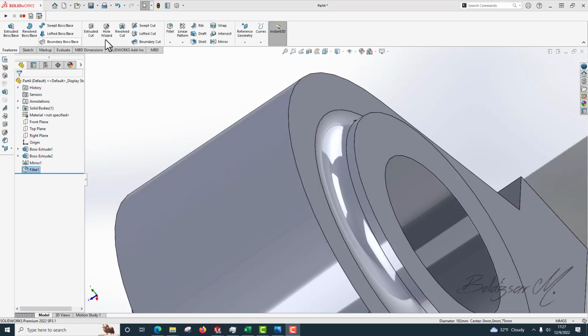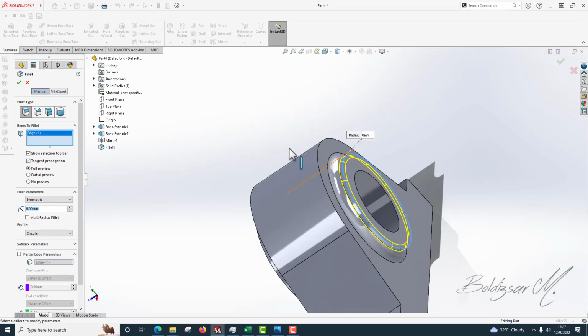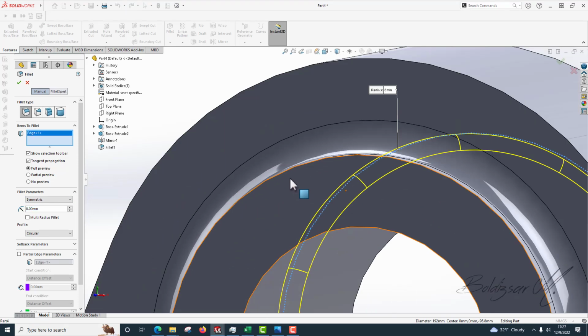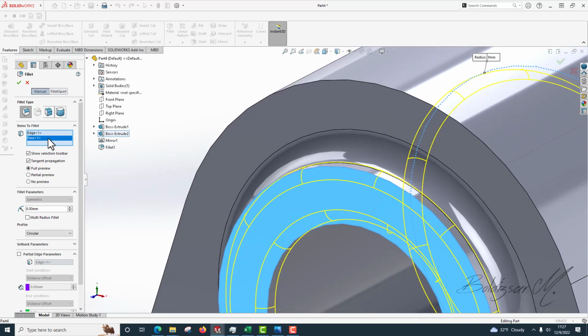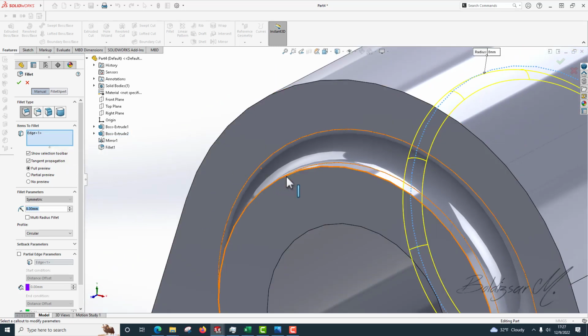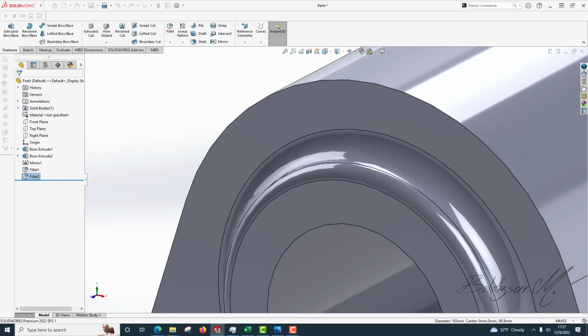we will make the second fillet 8. Okay. Here and here. And the face and this edge. Okay,